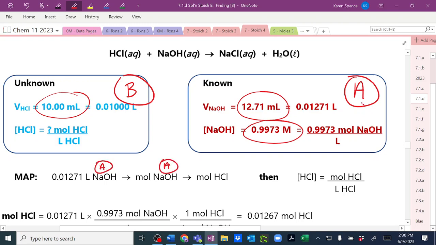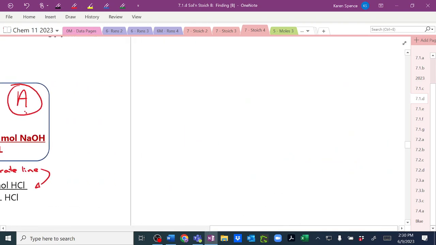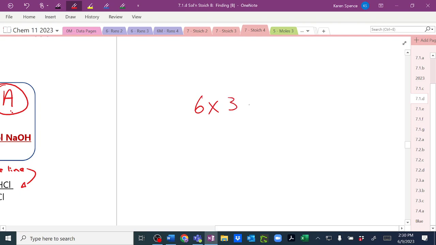Then you're going to find the moles of B. And then on a separate line, you're going to do the division. One thing you don't want to do is put equals moles and then put divided by liters. Because what you're doing is like saying 6 times 3 is equal to 18